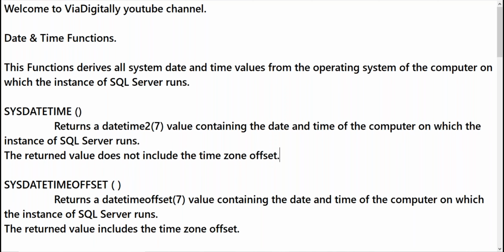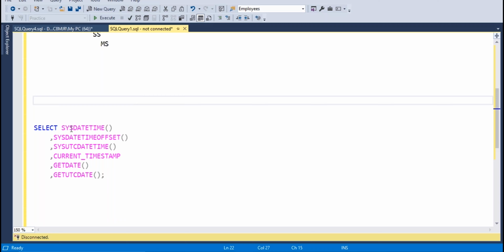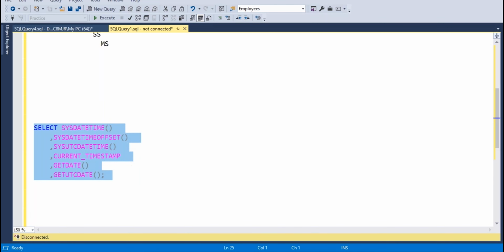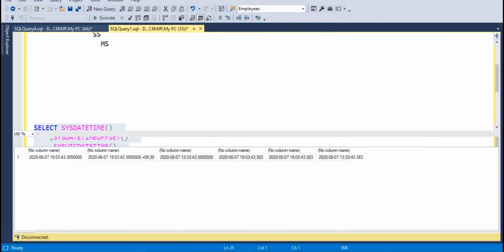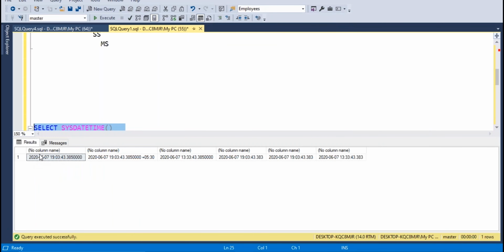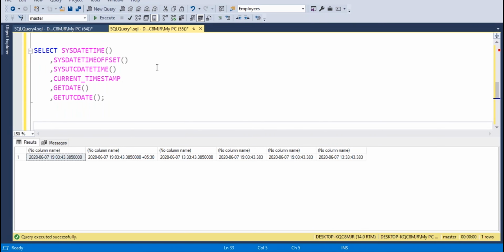So let us go through the practical part. You can observe we have multiple system datetime functions. First we can run this query and display the values. The first one is SYSDATETIME, the system date and time.